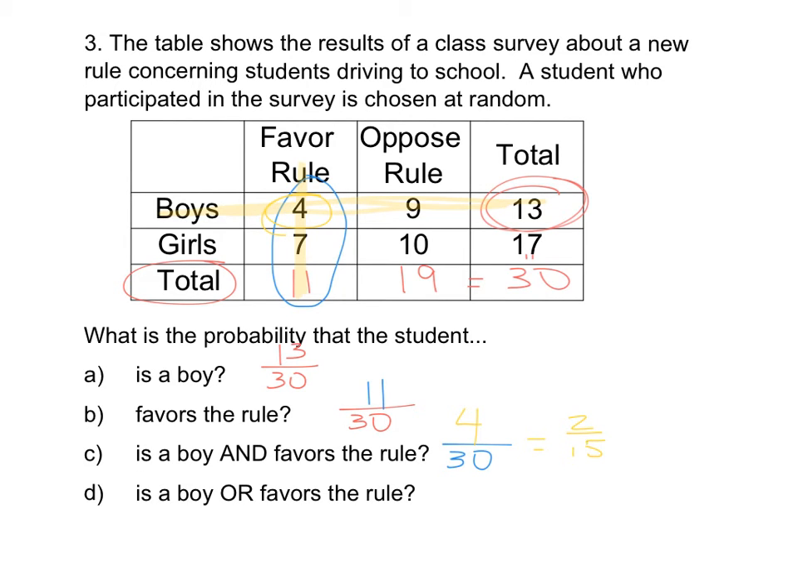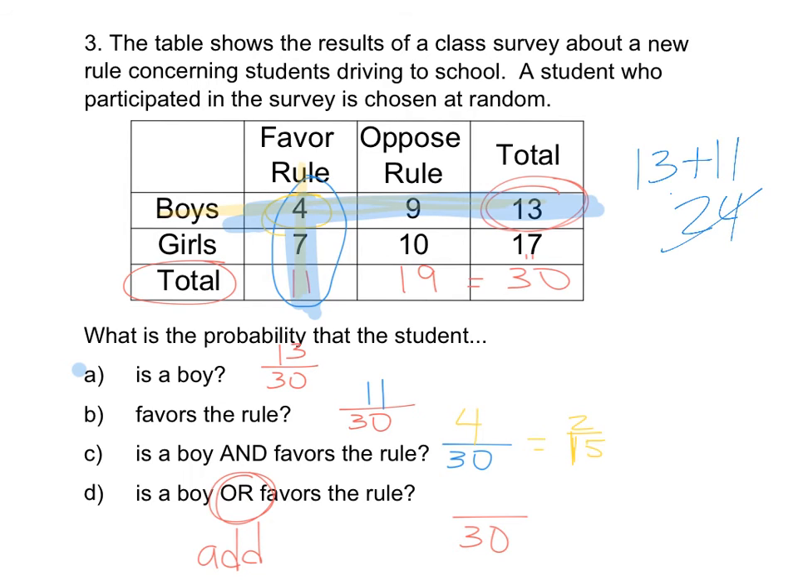All right, now this is the tricky one. When you see or, one or the other could be true. Whenever you see or, we're going to add, right? So again, 30 is a boy or favors the rule. Now, here's where it gets a little tricky. I'm going to make this bigger. All right. I'm going to use blue. Is a boy, so this is my boys, right? Or favors the rule. So now, what we're not going to do, you cannot add 13 plus 11 and get